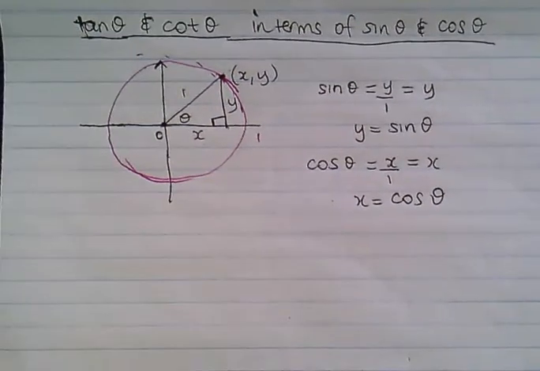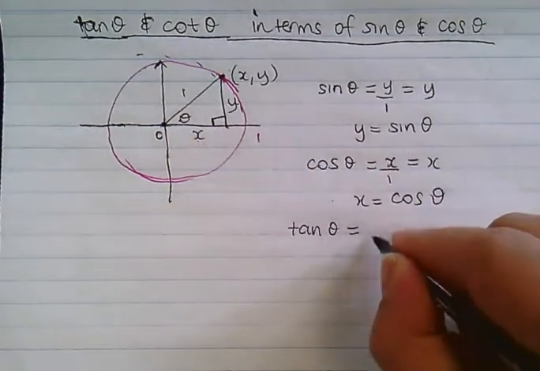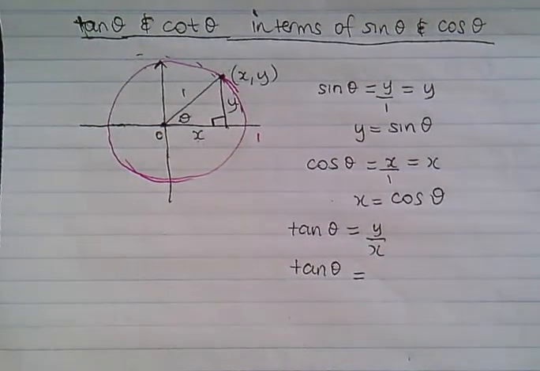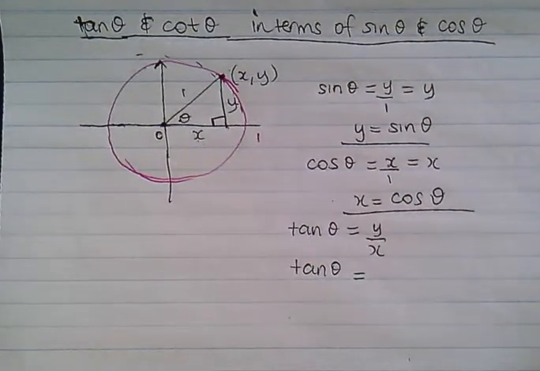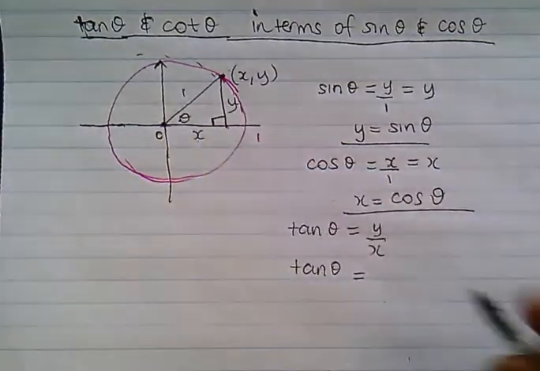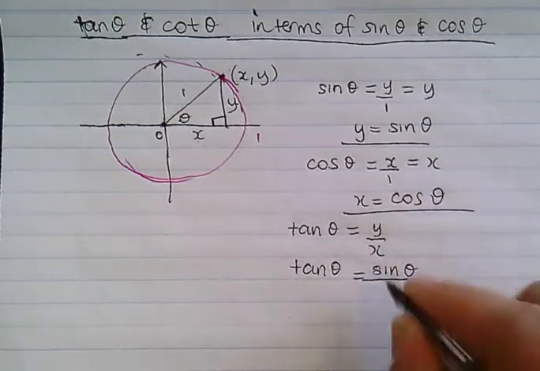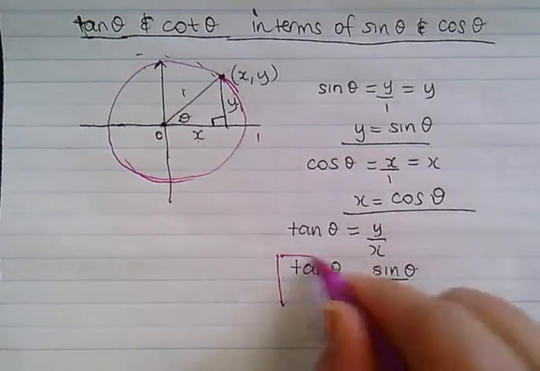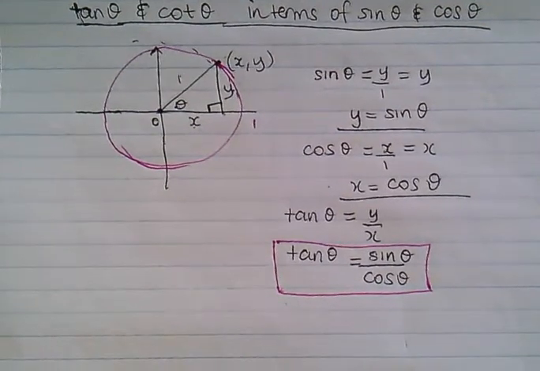We did this before, right? And tan theta, we know, is what? y over x. So we know that y equals sine theta. We know that x equals cos theta. Therefore, tan theta is y over x. Now, y is sine theta, and x is cos theta. So therefore, tan theta, you know this result already, is sine theta over cos theta, but that's how we get the result. And just following on from there,